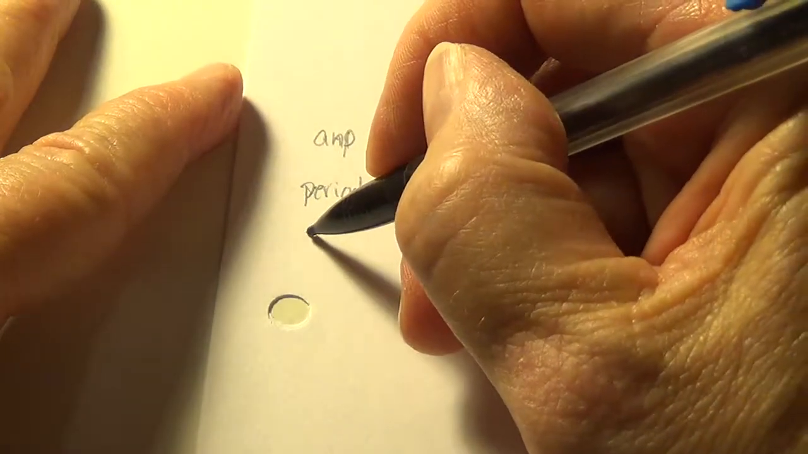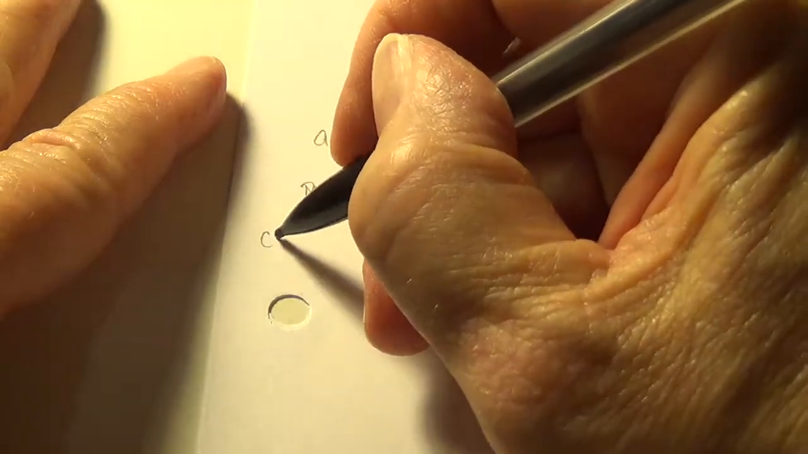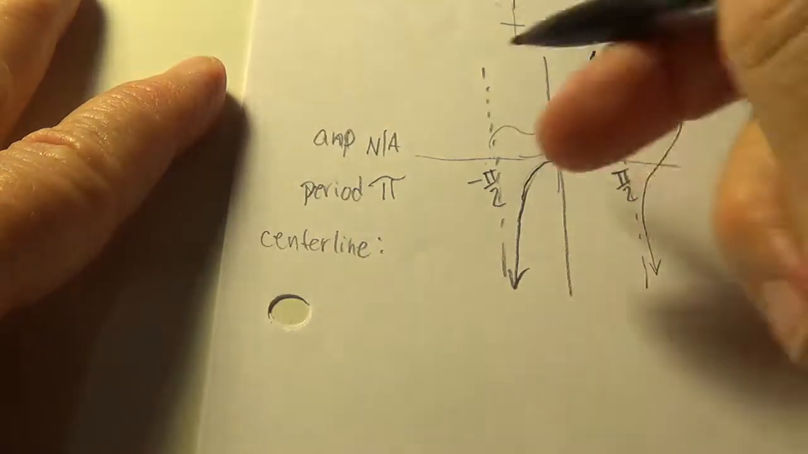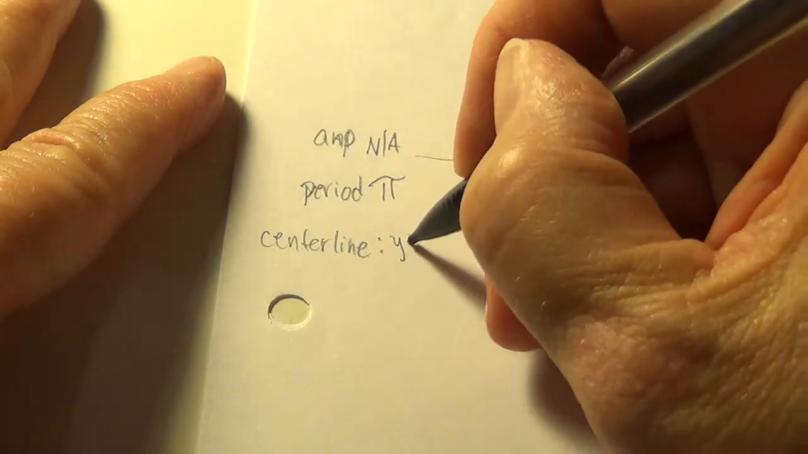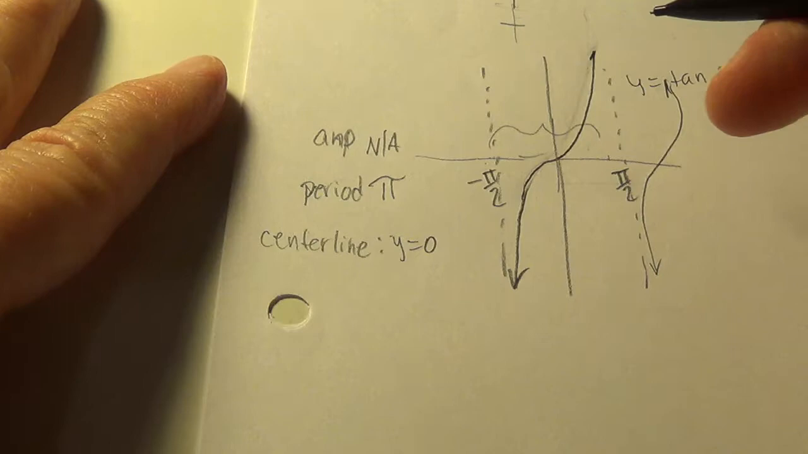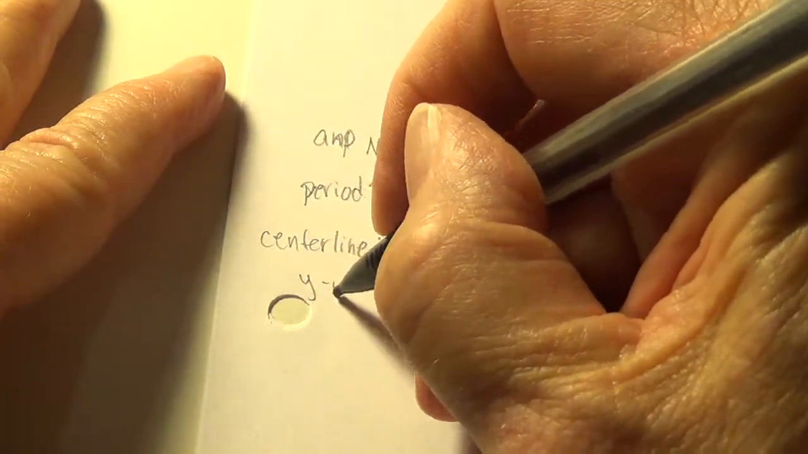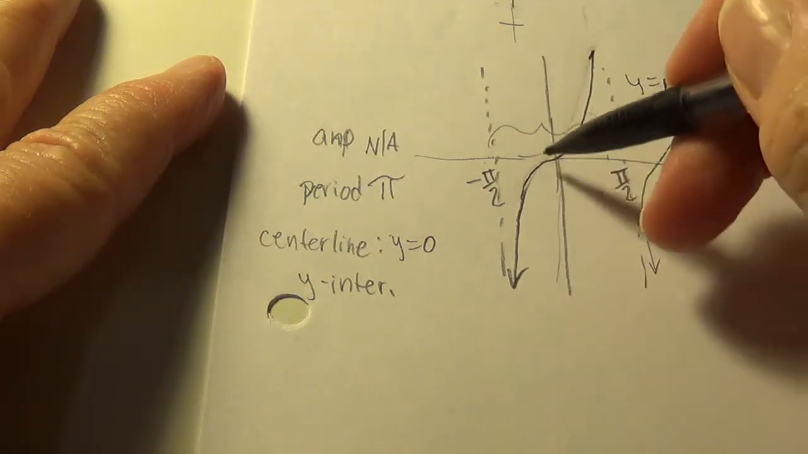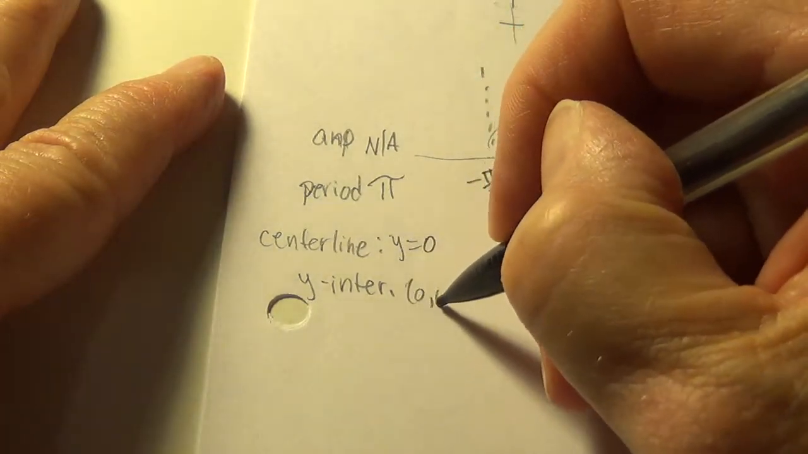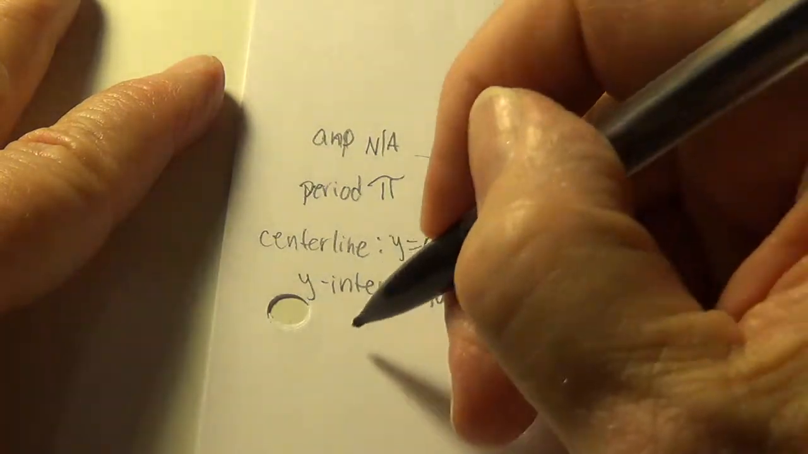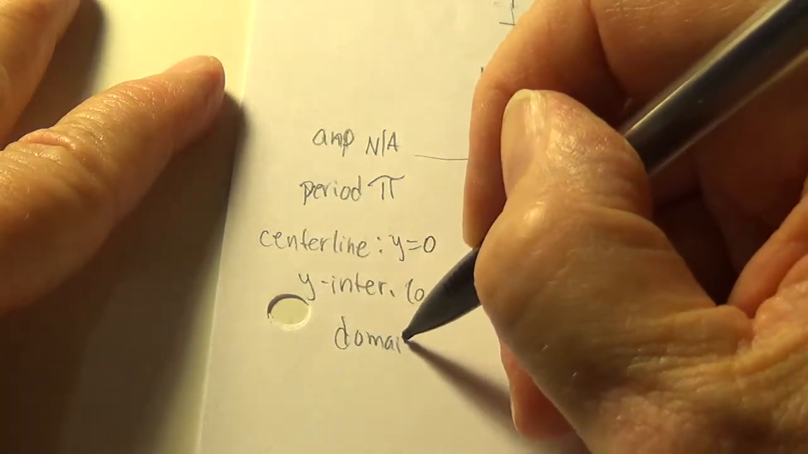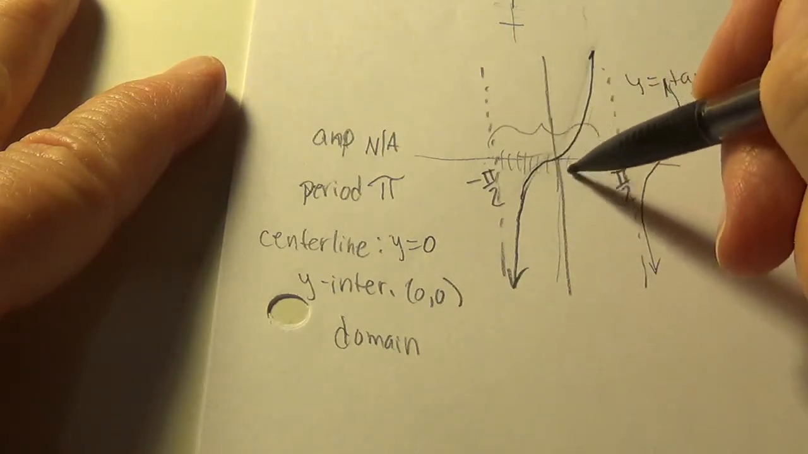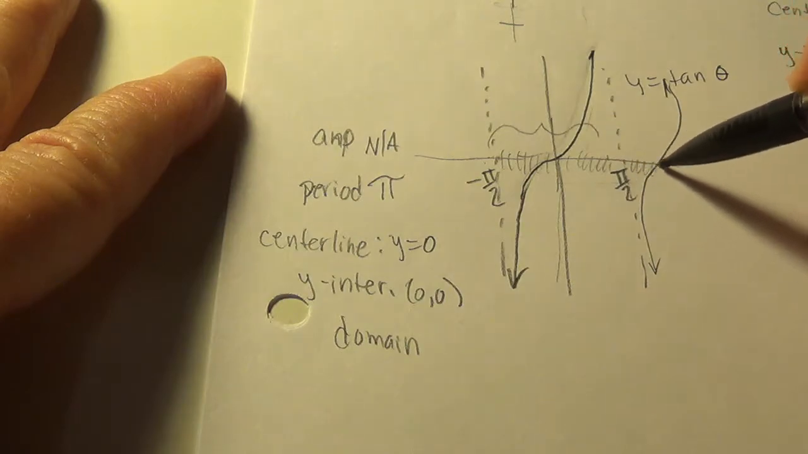The center line is what horizontal line cuts it in half. Again, the x-axis, y equals 0. What's the y-intercept? It's where it crosses over the y-axis, 0, 0. Domain: what values for x? Here are my x values that I can think of, and all the ones